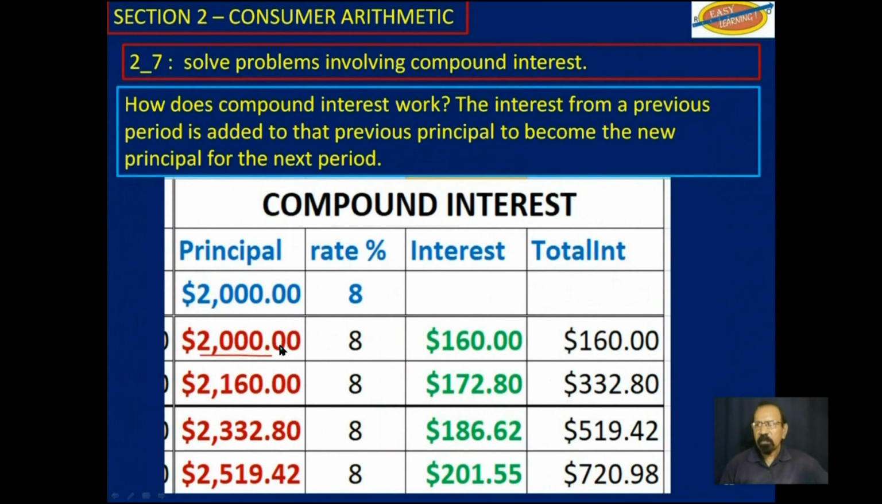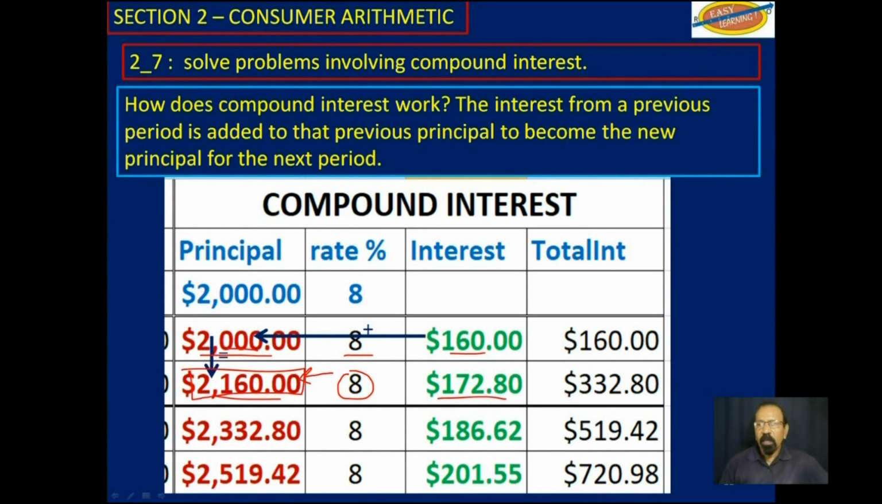$2,000 at 8%, year one, you get $160. That $160 is added to this $2,000 to become the new principal here. So year two, you are beginning with a principal of $2,160, not $2,000. And then you calculate interest on this new principal, and you get